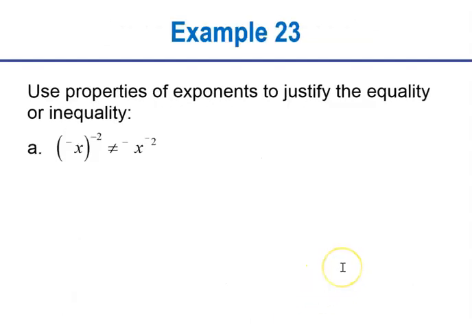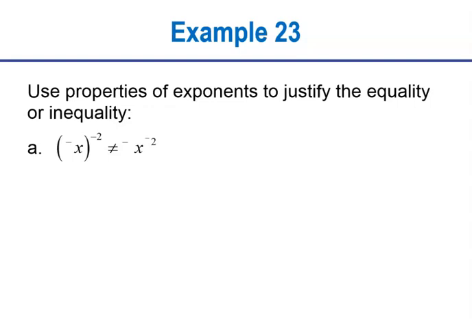Now let's do some examples. Use properties of exponents to justify the equality or inequality. So we're supposed to use properties to show that these are not equal to each other. So you can pick which side you want to go to. All right, let's start with the definition of a negative exponent. So if I rewrite, that's going to be 1 over,